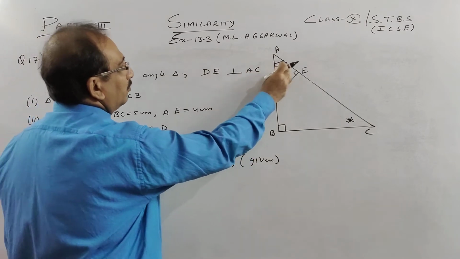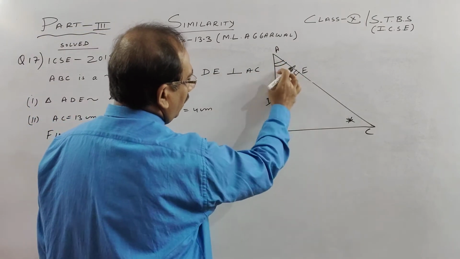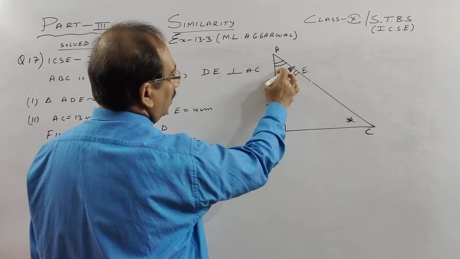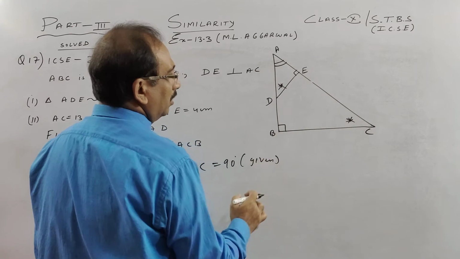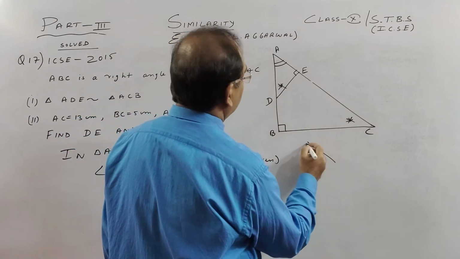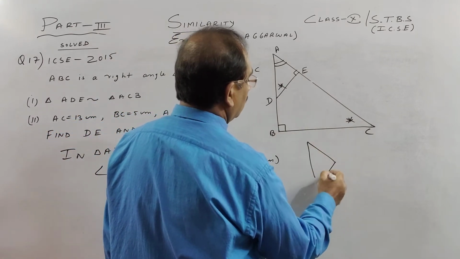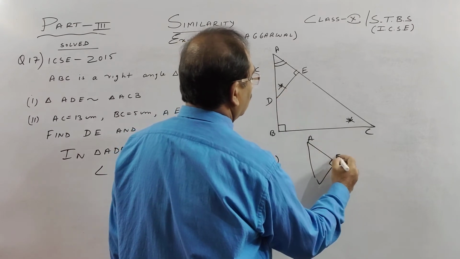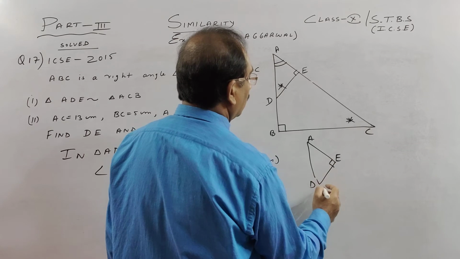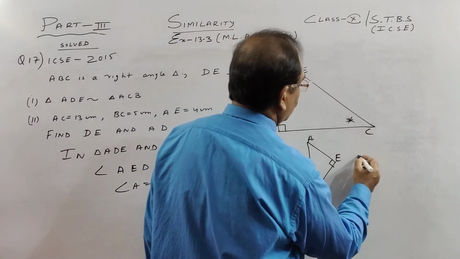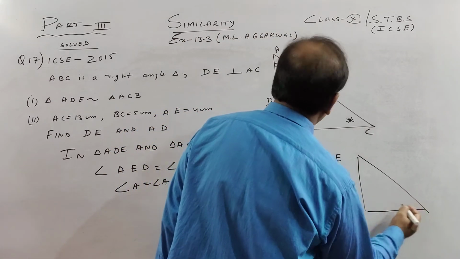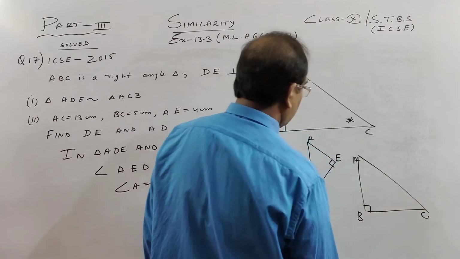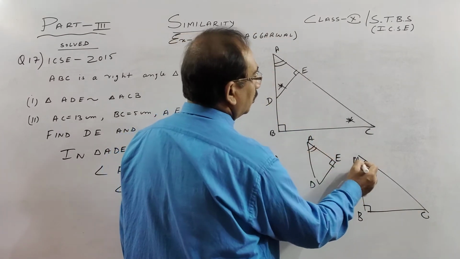So two angles of this triangle are equal to two angles of the other triangle. So see, once more, two angles of this triangle: common and 90, and common and 90 in the big triangle. Okay, if you draw, you will see this more nicely. This is 90 degree in this triangle AED. And in the big triangle, I'm not drawing so big, you see this angle B. So these two are equal, children, and this is common to both.